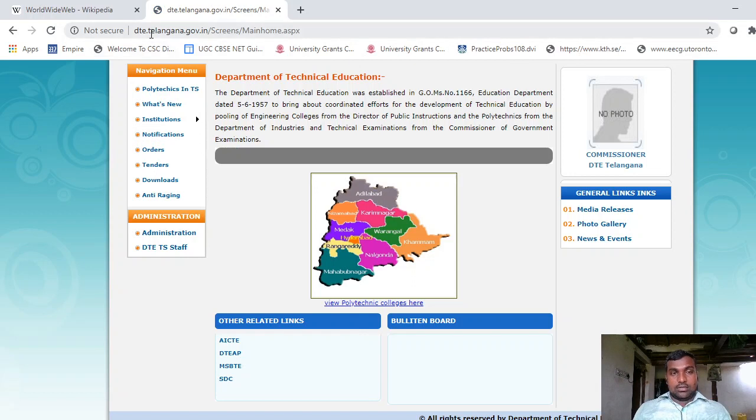In that, dt dot telangana is one of the web servers. Here it is displaying the domain name only. It is not displaying the www dot and http colon slash slash www. By default those are included with this name.